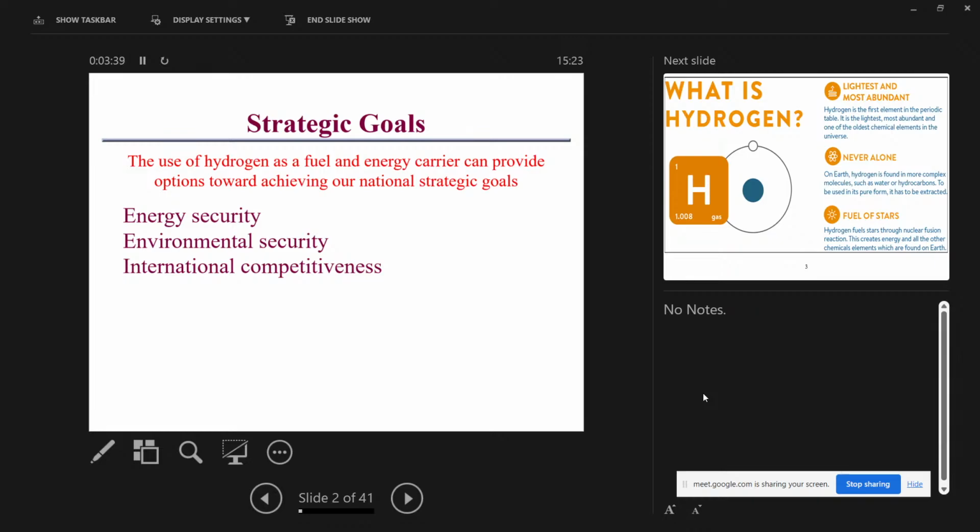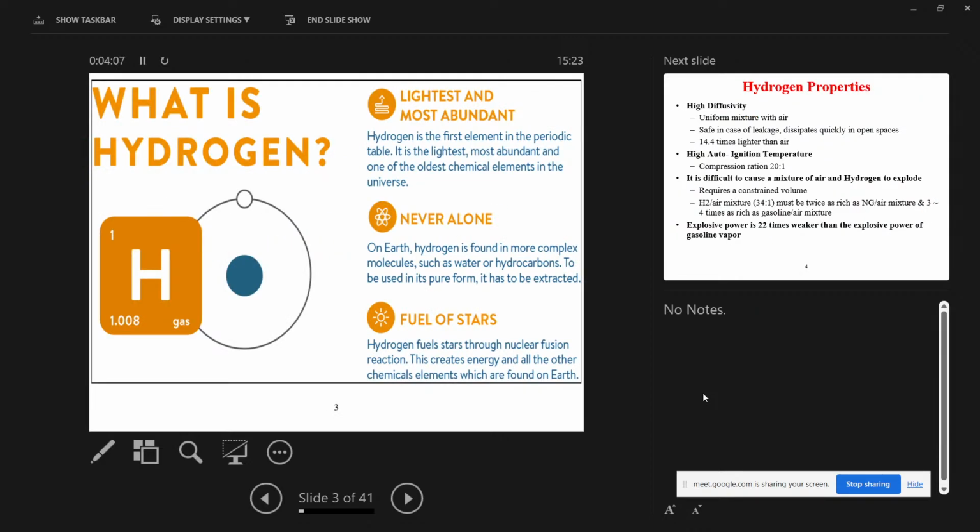So a large number of renewable or non-renewable resources are needed for industries, for the people in the industries, and for the economy sectors. So there is an utmost need to understand the factors of why hydrogen is much more useful. So let us talk about what hydrogen actually is. Next slide, please. So let us talk about the basics. Why hydrogen?